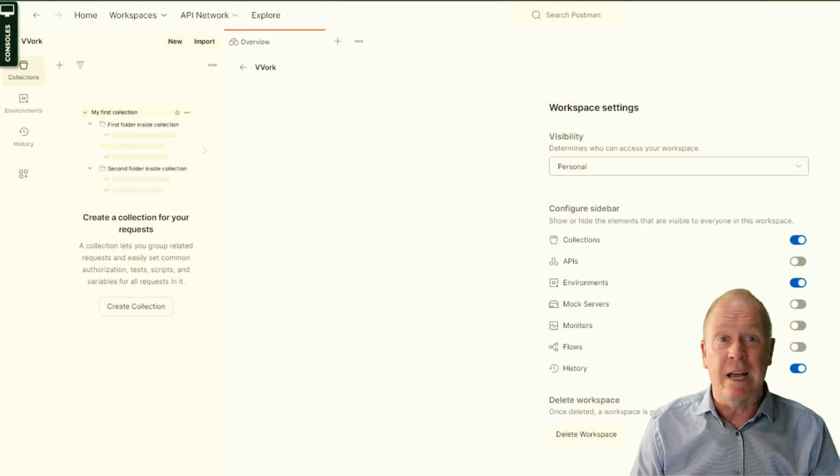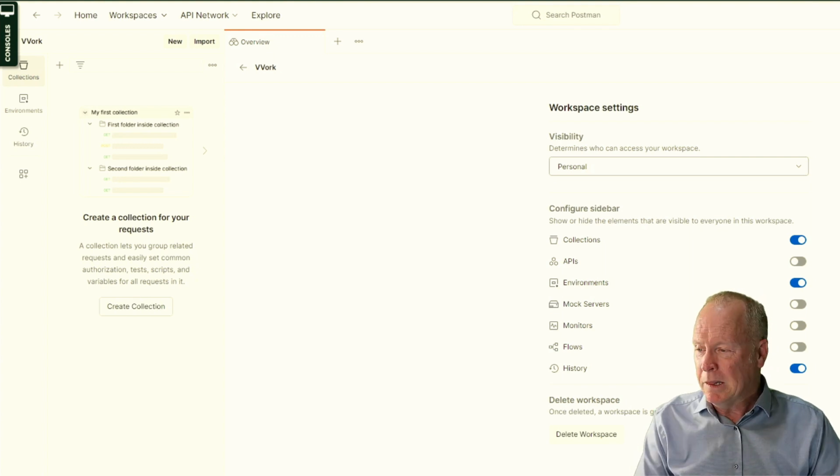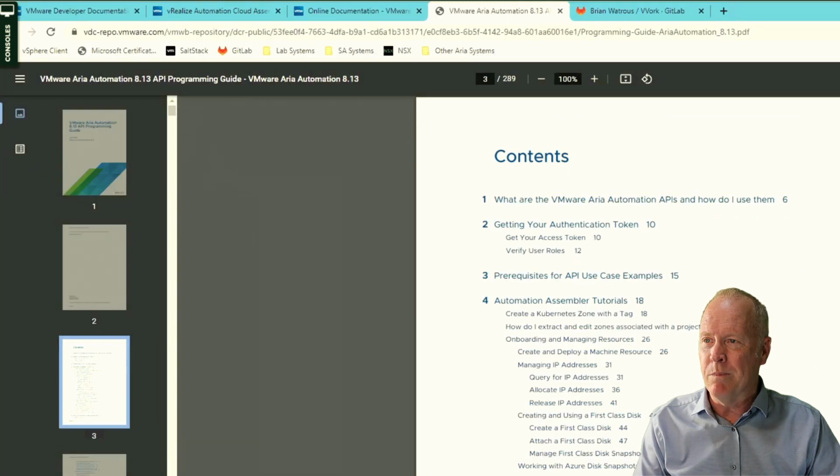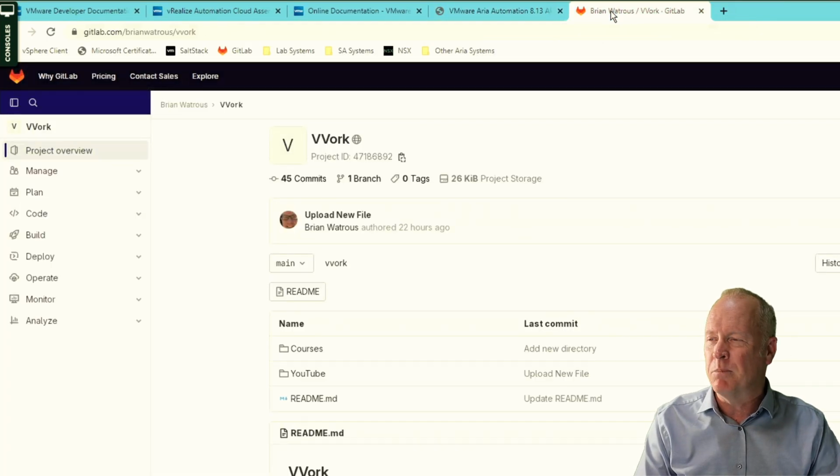So what I've done is I've already defined the REST requests. I've created a collection of these REST requests that you can download from my GitLab repository. And in fact, I'm going to do that myself right now. Let's go over to our web browser. And as you can see, I've already preloaded here